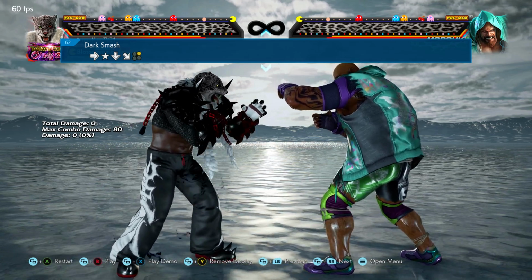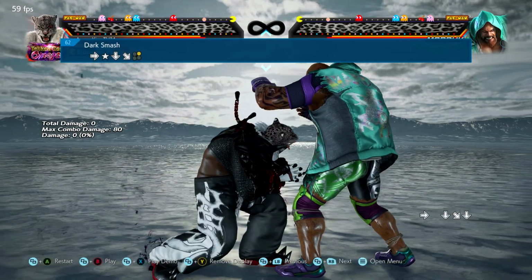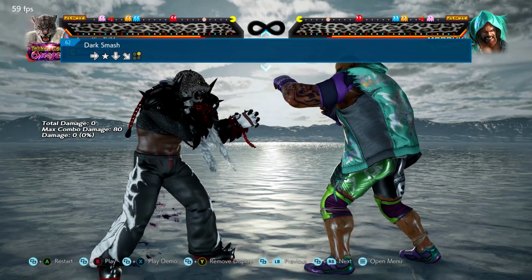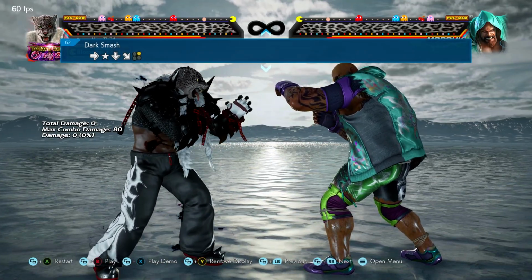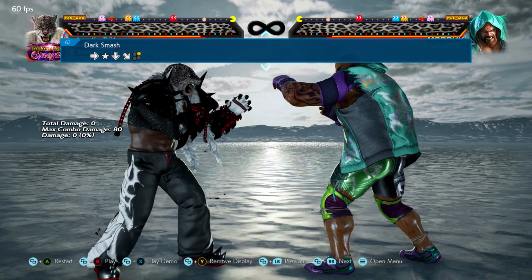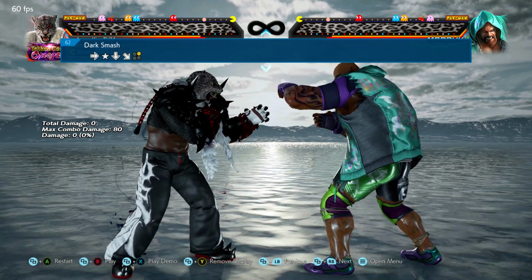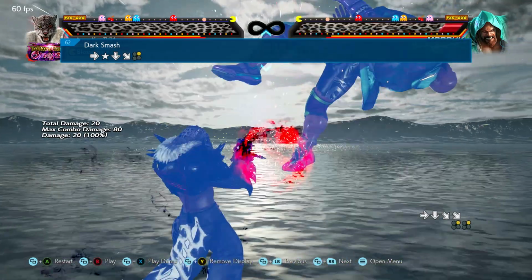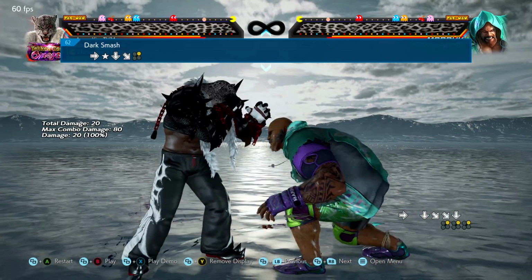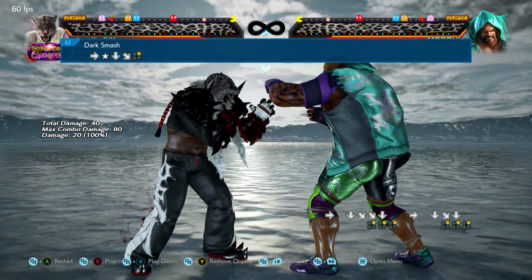It requires just the forward, down, down, forward. And it's all about the slide of your thumb. So if you press forward and slide your thumb downward, and then slide your thumb forward and hold onto both the down and the forward, as you can see, I can get Dark Upper, like so. And you can get it rather fast this way. The same thing kind of works for